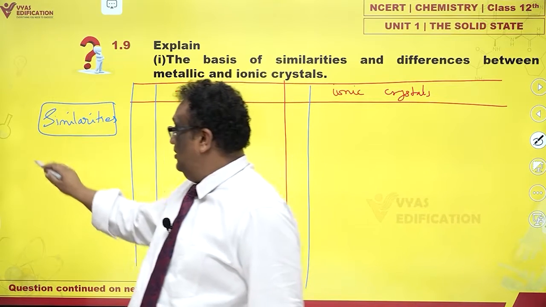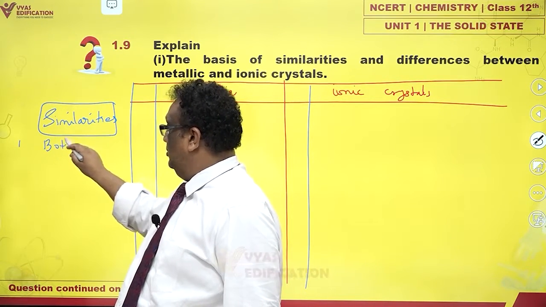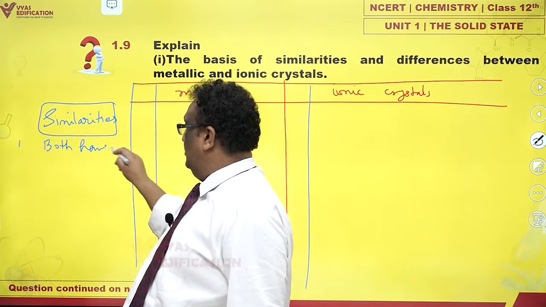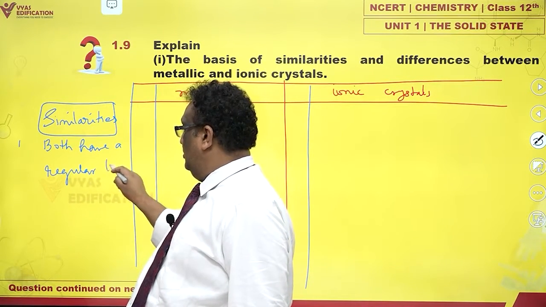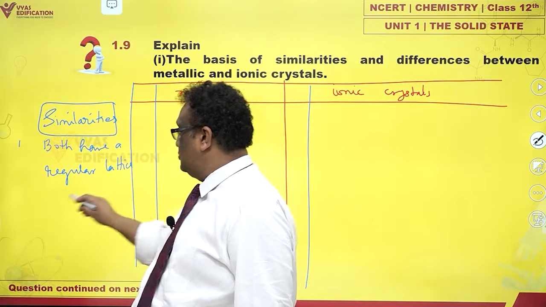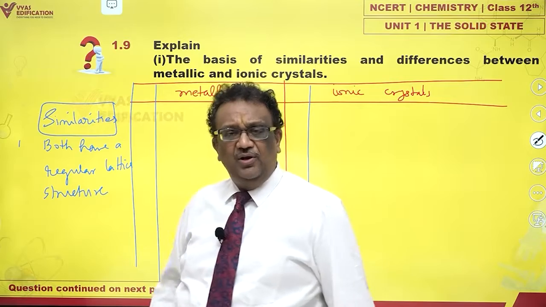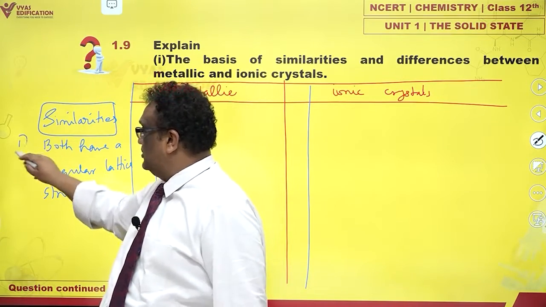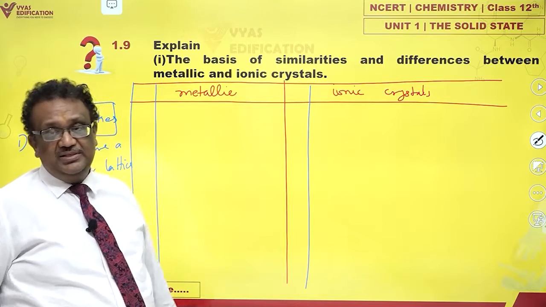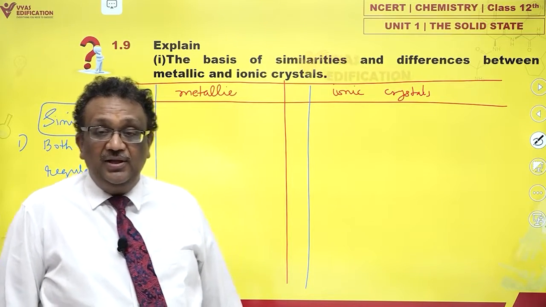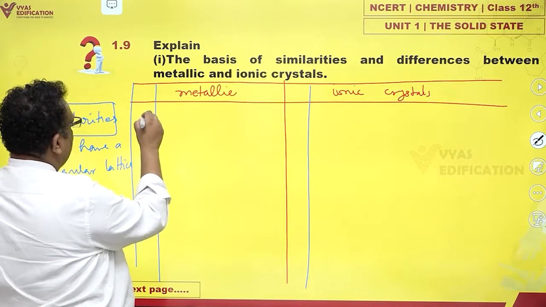What is similar? Well, both have a regular lattice structure. Both are crystalline, both have regular lattice structure. Of course, that is something which is common between metallic and ionic crystals. Yes. Anything else? A very obvious distinction is that they